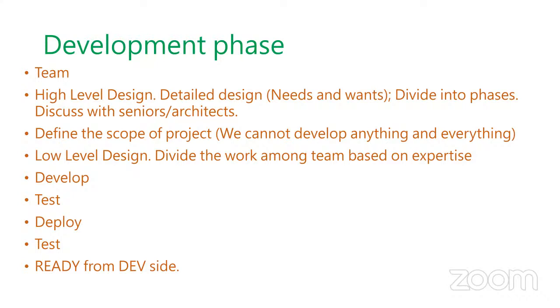Once you come up with all these things, you have to do the high level design, detailed design. Again, in the detailed design, you can say what is the need and what is the want. So you can make it like a phase one, phase two, phase three. If it's like, for example, you are working on 1 month project. So within 1 month, what we can accomplish, and if there is a time, we can include some of the wants. Otherwise, we can limit ourselves into needs.